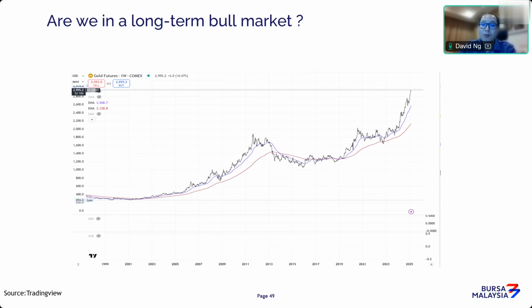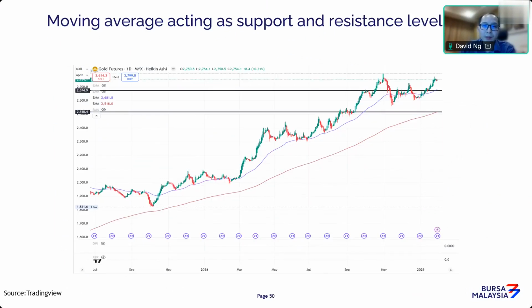But importantly, you must have strong factors to support it. If the momentum starts to diminish or the factors start to erode, that's where you tend to see the price of gold peak, and that's where you need to be careful. If you're still holding long positions, that should be an area where you need to get out.